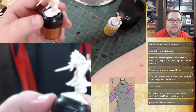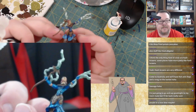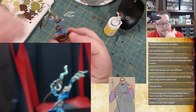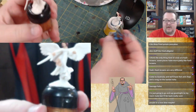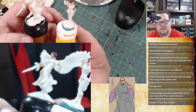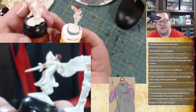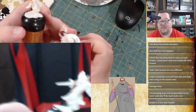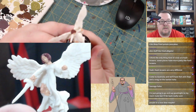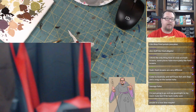Purple or a nice blue? Well, I could do that. See, I painted Diane's character, and she's got the blue because that's her favorite color, because she is a high elf wizzy. So I'm wondering if I should go purple, and I don't know what Rhiannon wants. I may go with kind of reddish colors for her. Oh no, maybe greenish colors, because that'll go with the red hair pretty good, I think. So maybe purplish here. Yeah, I think so. Okay, but first, I'm gonna see if I can get the faces taken care of,